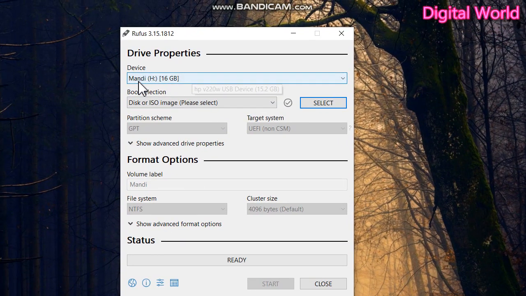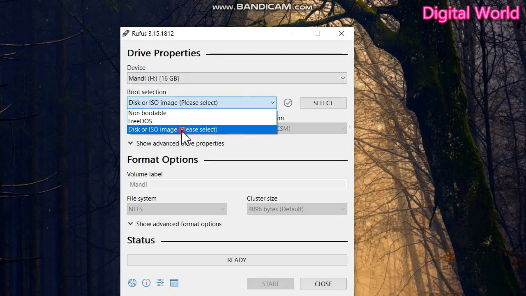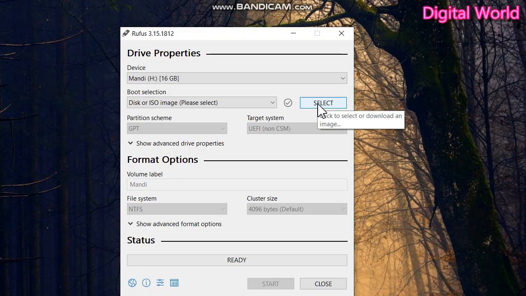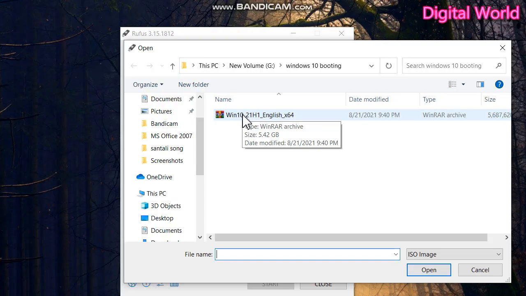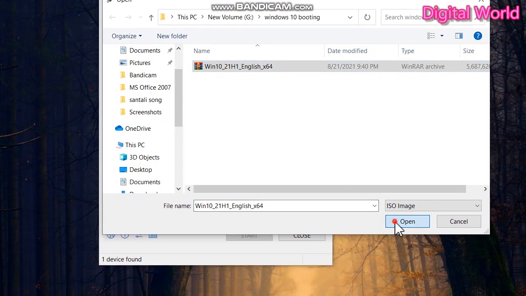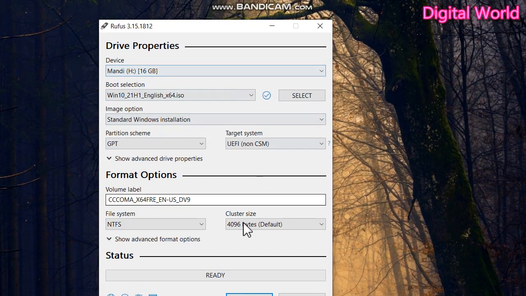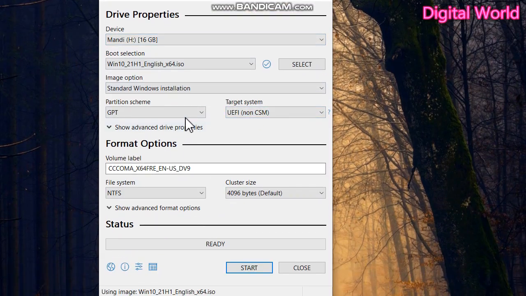So this is my pen drive, a 16 GB pen drive. Now I am selecting the ISO file, and when I click here, this is my ISO file for the installation of Windows 10. Approximately the size is 5.42 GB. When I click open, this type of pop-up will show, and there is a partition scheme with two types, MBR and GPT.